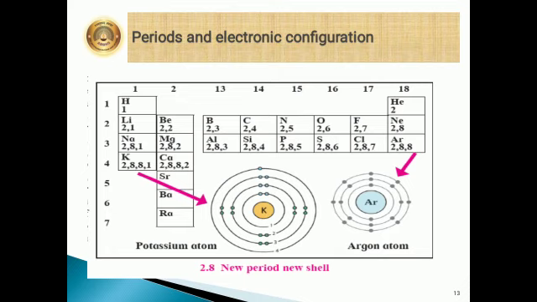In the same shell, 1 electron is being added. And if you go down the group, that is hydrogen, lithium, sodium, potassium: hydrogen has 1 shell, lithium 2 shells, K and L, 2 and 1 in lithium, sodium 2, 8, 1, potassium 2, 8, 8, 1. Means everywhere as you go down the group, you see the number of shells is increasing. If you go from left to right in the period, you see that everywhere 1 electron is increasing.